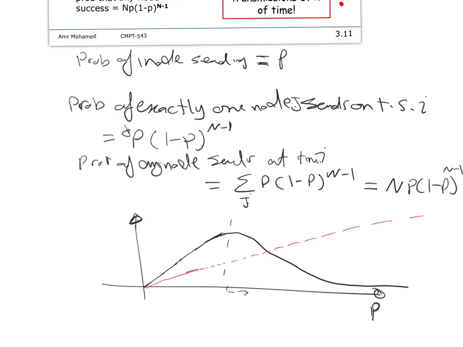طيب what is this بقى? What is this value? Because it looks like it's maximized يعني at a certain value of P. In order to get this, what we need to do is get the derivative of this and set it equal to 0, صح? يعني this is a convex function, تمام? We need to get the maximum, تمام? طيب يبقى إذن if we assume that this is F,